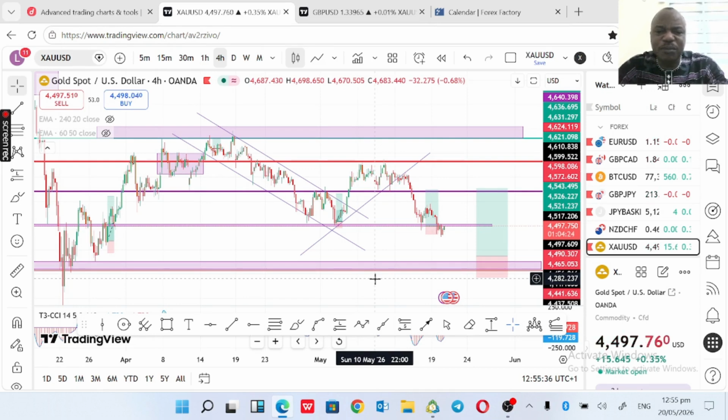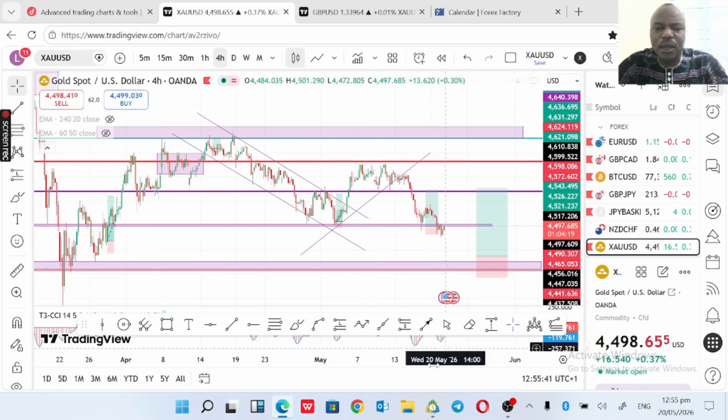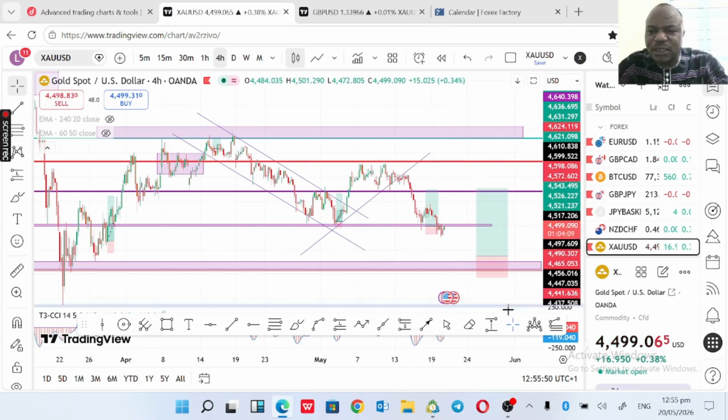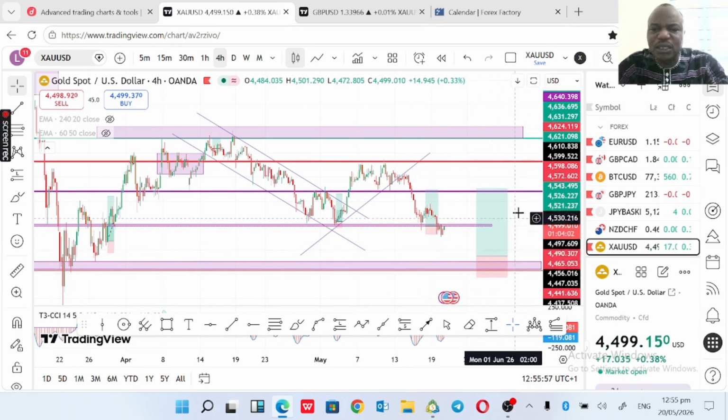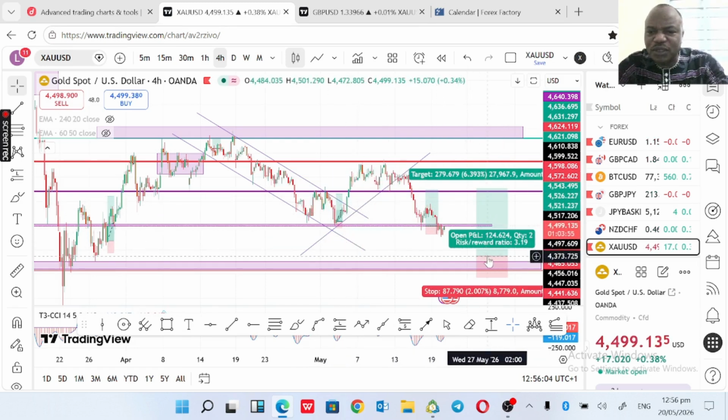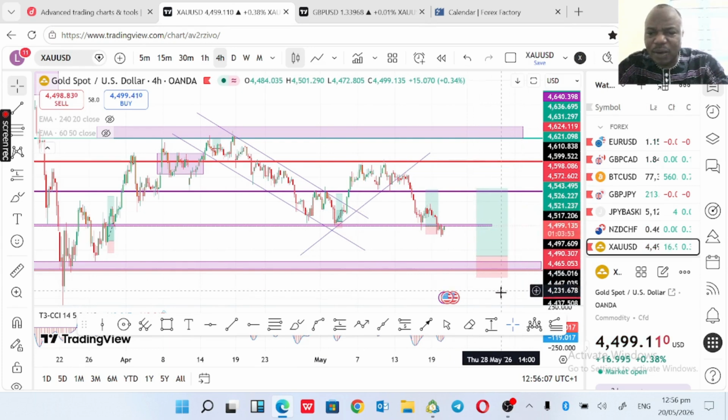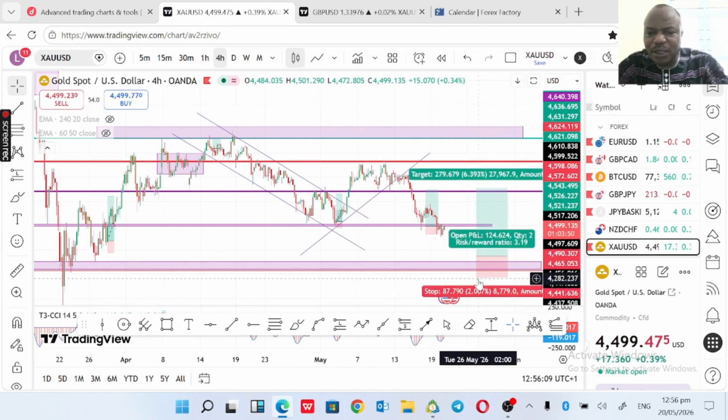But right now for today's market, as you can check, we have all the zones marked out. All these lines you are seeing here are the minor zones that I've marked. The market is presently at 4,499, and we expect it to drop to 4,465 for us to take a buy. For a buy, we will be expecting it to come up to the next zone, which is 4,526. And our SL should be within